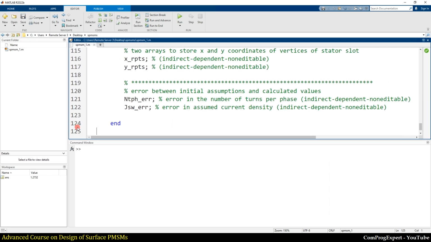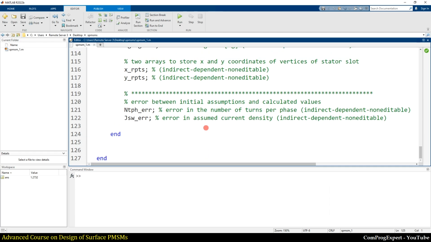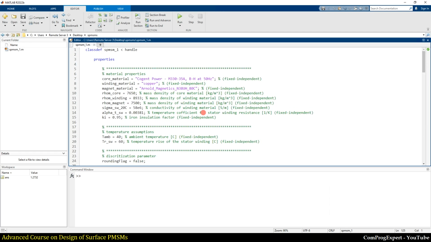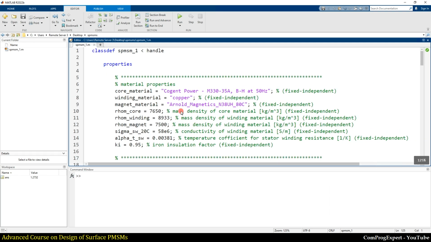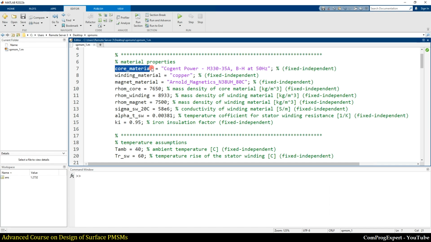So let's review the parameters that we have. We have material properties: the core material, the winding material, and the magnet material. Consider that these names should be exactly the same as the names that we have in ANSYS Maxwell software, right? Otherwise, we get an error.